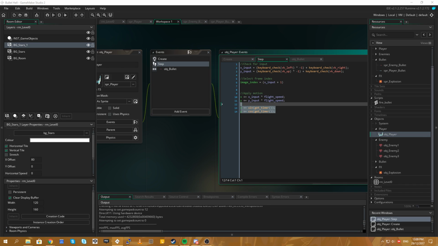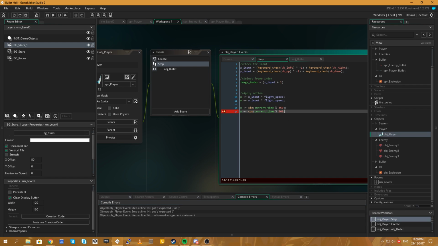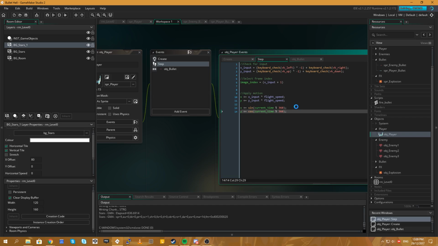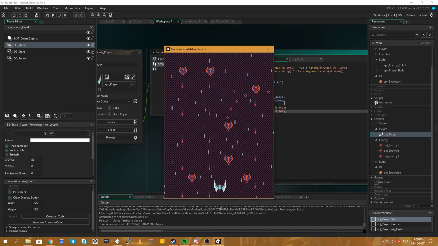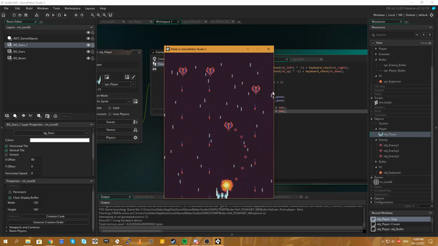Current time, mod 360. I'm just trying to think how we can do it, because if we modify the X position with anything... Well, actually, yeah, you're right. Current time, mod 360. Does mod work in... I don't even know. Let's have a look. Oh, shit. Error. Make an offset variable. Yeah. See, we're losing our position here.